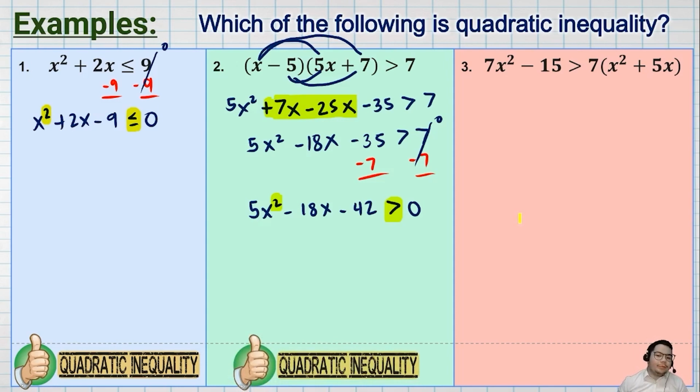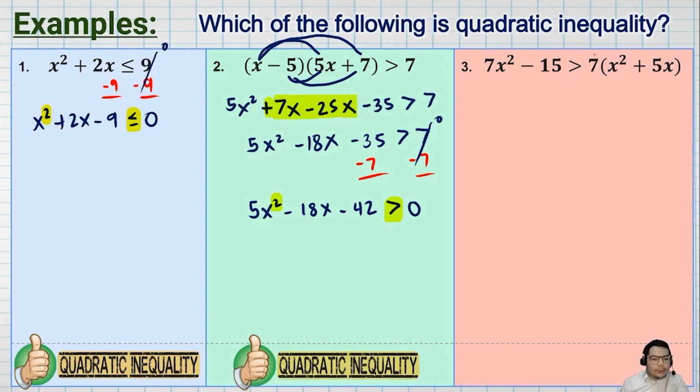Gets po? Let's proceed to example number 3. Kung titignan mo dito, sasagot ko agad: quadratic inequality kasi meron, no? Highest degree of the polynomial is 2. And then meron tayong inequality symbol. Pero tignan muna natin. First way to simplify this one is to distribute 7 to the quantity x squared